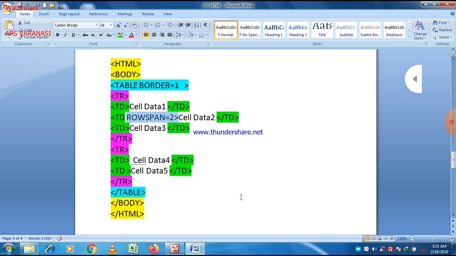And then the tr tag should be there to represent a row, and within the tr tag the td tag should be there. And if you want to span two rows or columns, then you can use the rowspan attribute or colspan attribute within the td tag. And you can also use the th tag to span rows or columns when you put a heading of a table. So rowspan or colspan attributes are both used with td and th tags.